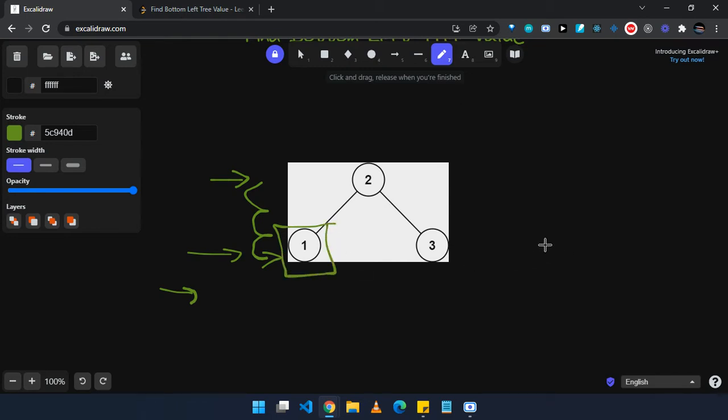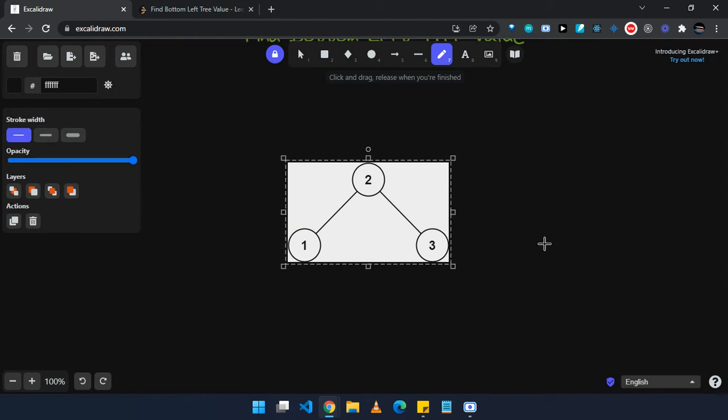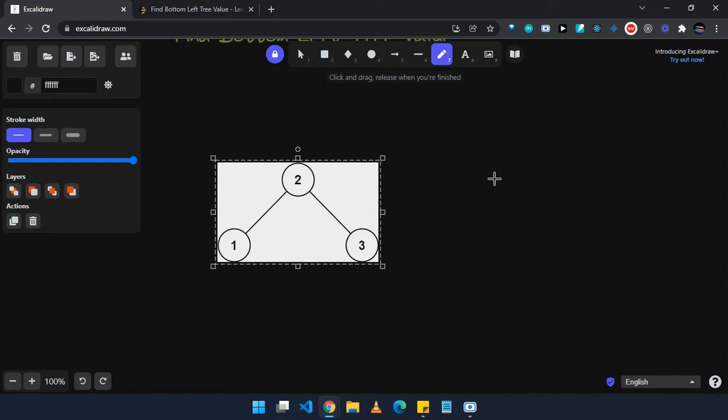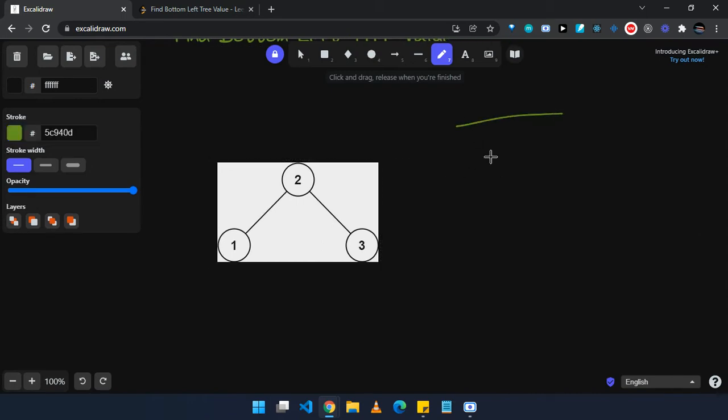So what we can do is a level order traversal using a queue. Suppose we have a queue over here, and we will push 2, and then run a while loop until this queue is empty.